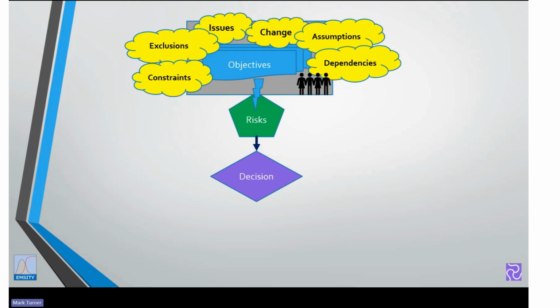They entail that there's an uncertainty associated with the delivery of our objective, and that we should be making decisions with regards to, do we do something about these risks or do we not do something about them? Can we afford to live with them, or do we need to take action? Are those risks within our tolerance and appetite for achieving our objectives? And so decisions need to be informed by how much money it's going to cost, how much time it's going to take, and do we have the resources available to actually make those decisions happen?